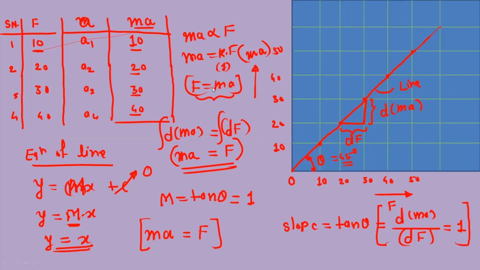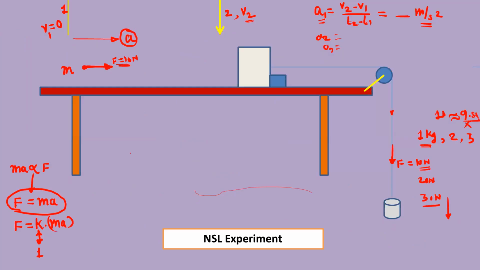So I hope you have understood this concept of Newton's second law and how you can prove this equation by performing a physical experiment. So this is your physical experiment. You should connect one dead weight as external force. You have to take one mass or object, and you just have to measure the change in the velocity, so you will get the acceleration.